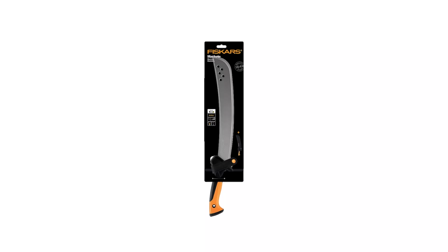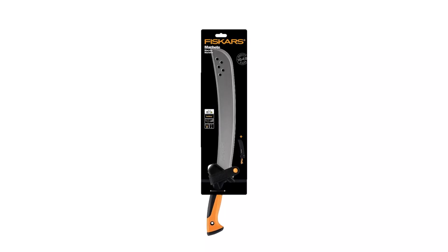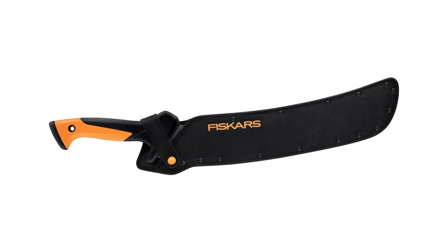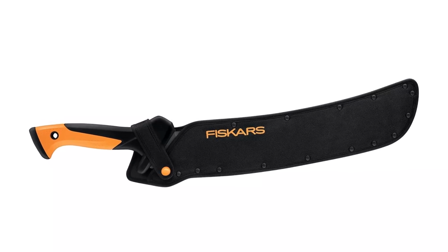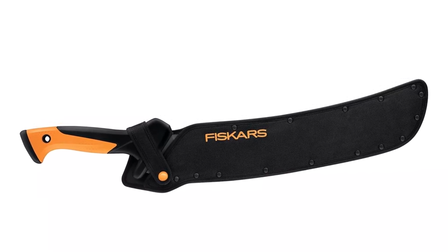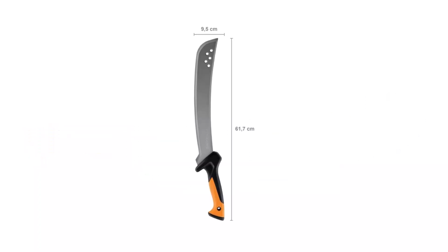Handle design. The performance handle is designed with an intelligent textured pattern. You can grip the top for precision work, the middle for general use, or the tip for swinging with maximum force. The contoured soft grip handle has a sculpted profile to fit the natural shape of your hand, featuring large